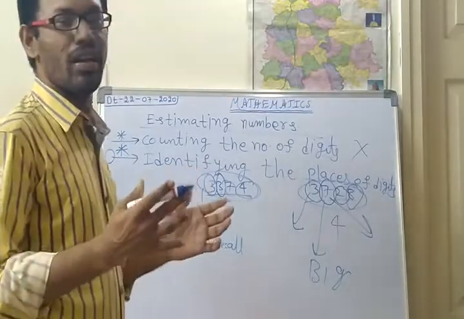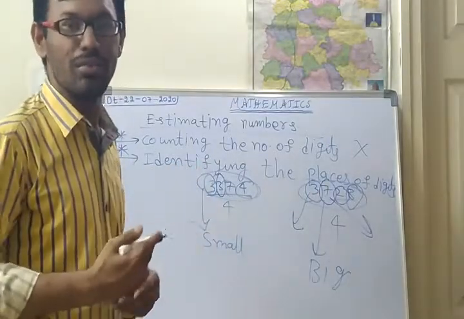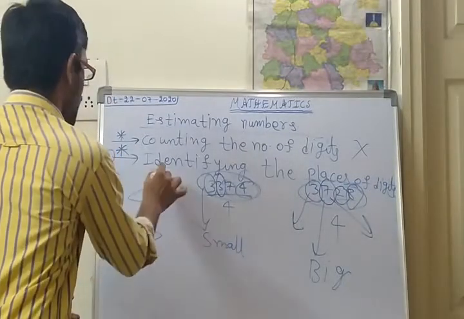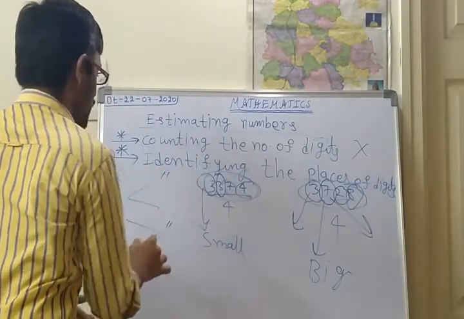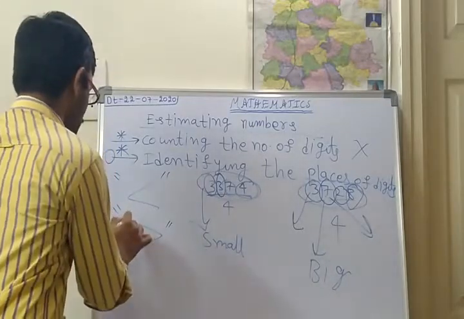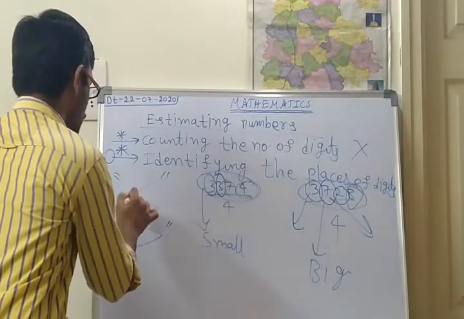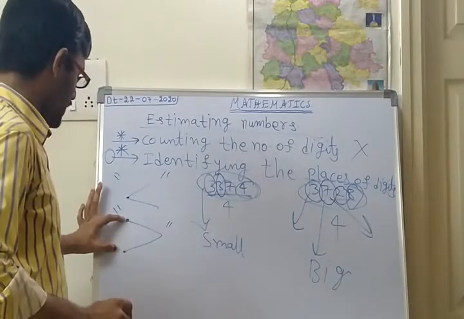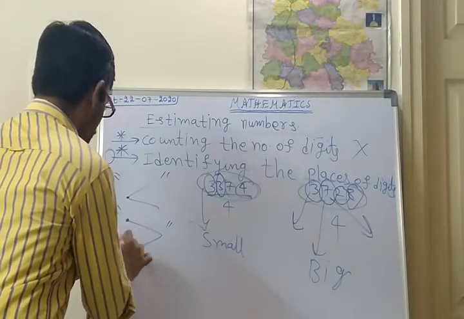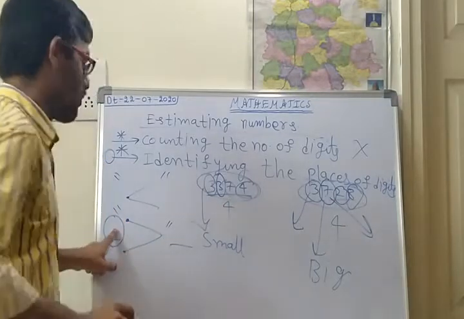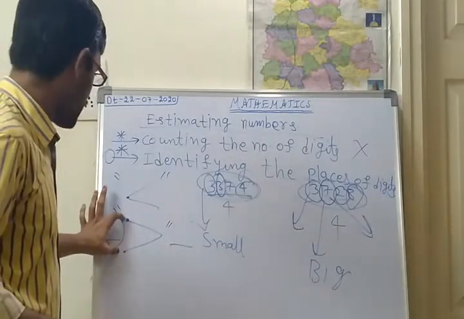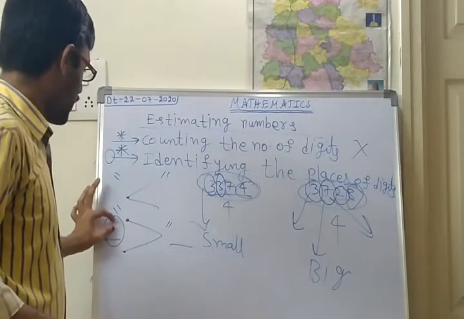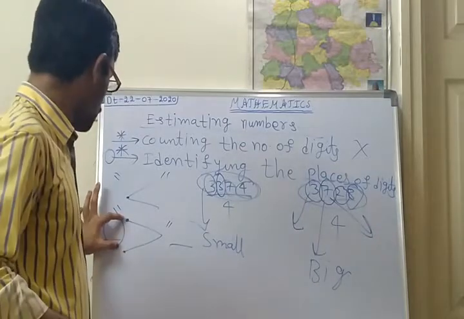So ascending order, descending order with the help of symbols. You have seen the two symbols: one is the greater than symbol and another one is the smaller than symbol. By seeing the dots only you can identify. If there are two dots at the side, that number will always be the bigger number. The number at the left side of this symbol will be the biggest number, because here two dots are there.